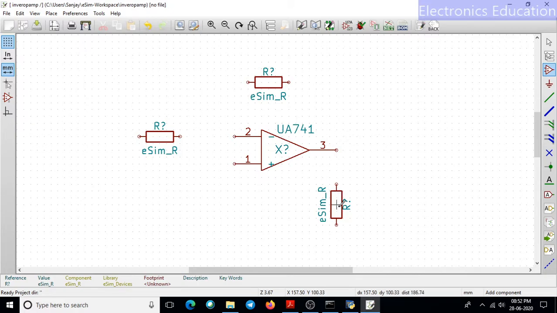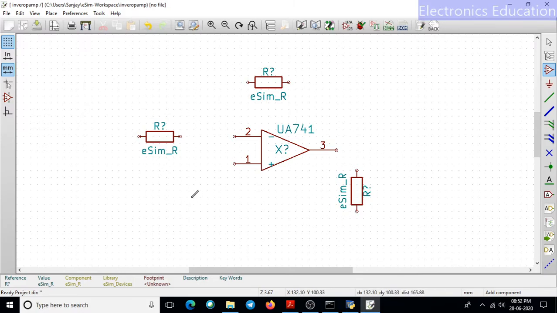If I want to move the component, same method: I will take the cursor on the component and just press M. Now the component can move. You need not hold the M button, just press and release it. Whenever I want to place the component, just click it. Now the component is placed again.